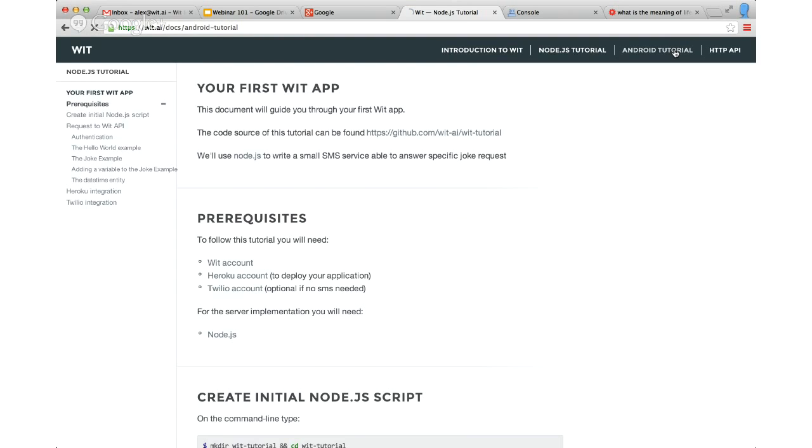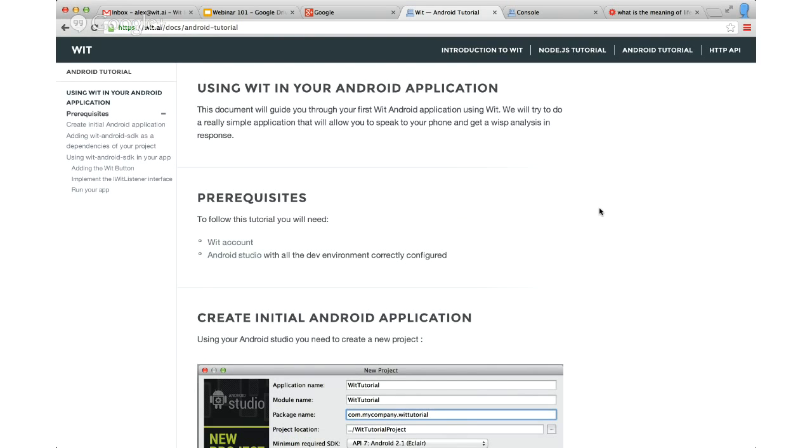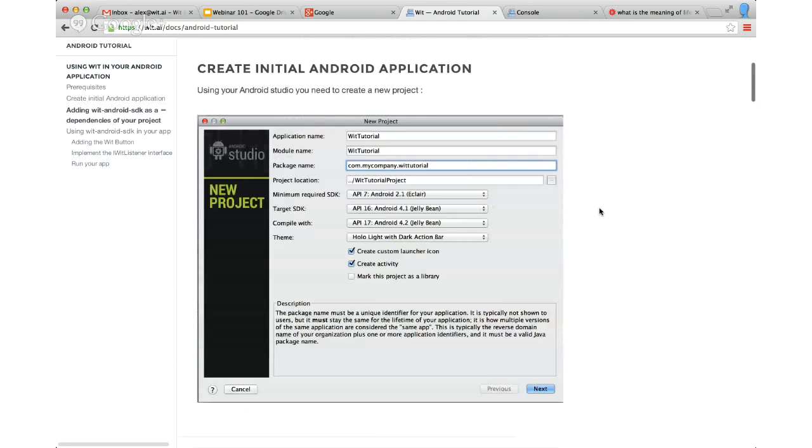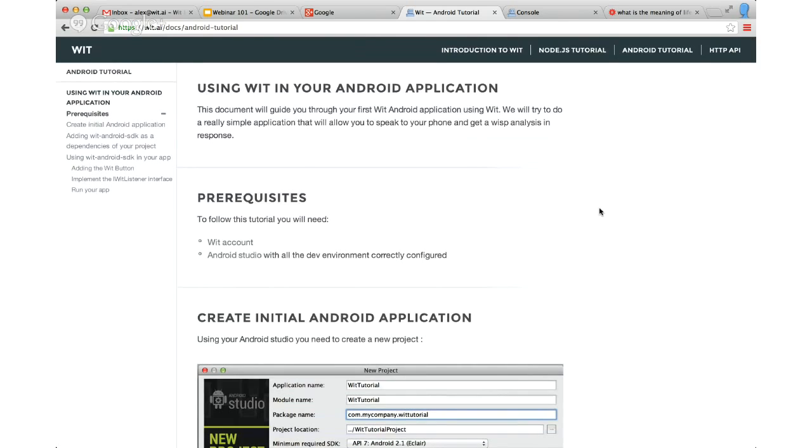It's also very easy and gives very impressive results to integrate with Android. The speech-to-text engine from Google is very impressive in Android. And in 5 minutes, you can integrate that with Wit. So you can integrate a voice experience into your Android app quite easily. And again, there is a step-by-step tutorial for that on our documentation website. So that's it for